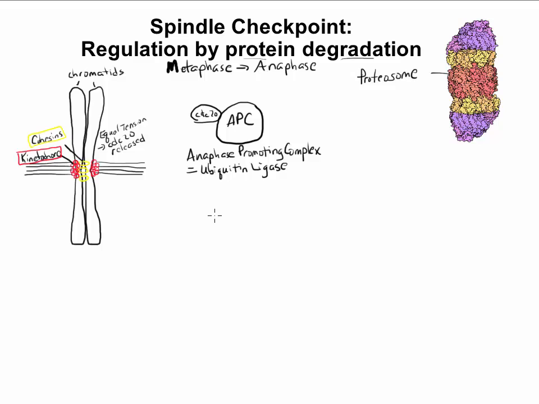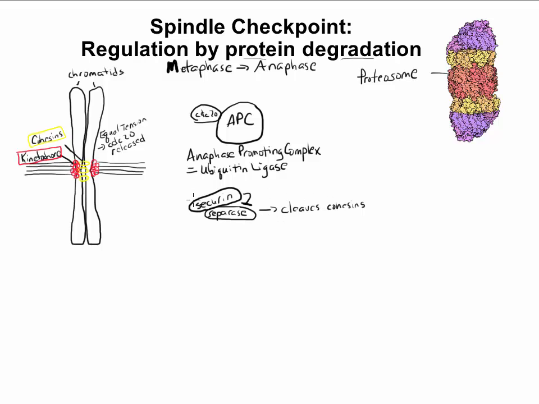It's a little bit of an indirect mechanism by which protein degradation leads to cohesin being cleaved. So the enzyme that cleaves cohesin is called separase. So separase cleaves cohesins. And once cohesins are cleaved, sister chromatids are allowed to separate. Separase is allosterically inhibited by a protein called securin. So when securin is bound to separase, separase activity is inhibited and cohesins cannot be cleaved.